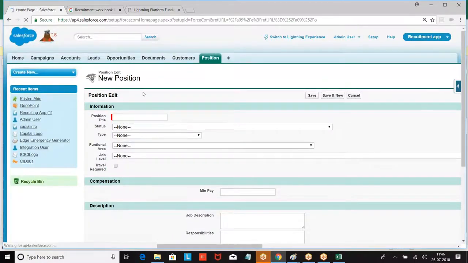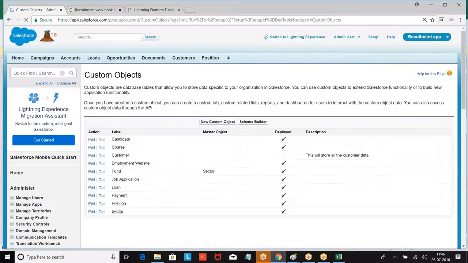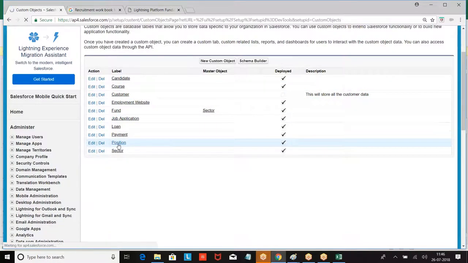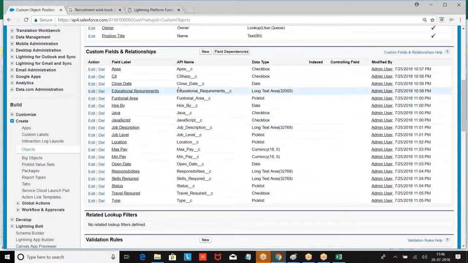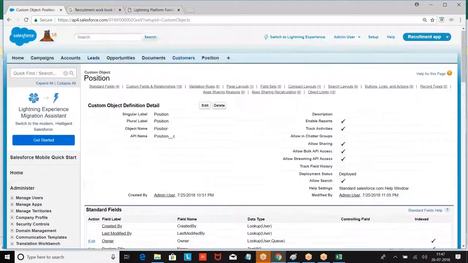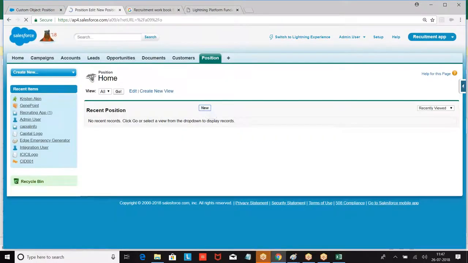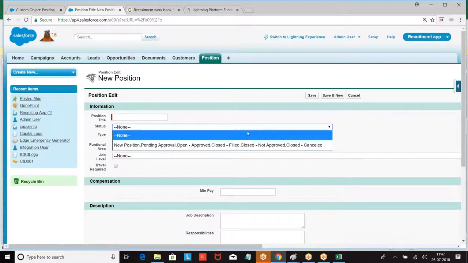Now, go back to setup, go to create objects, then position object. Right. So what was the data given on the top, boss? Look at the things where you are supposed to fix the errors we received. What is the first error we received here? Status. Why are you getting the status here? Because I gave a comma. I didn't give next line. Then how do you modify the fields now?